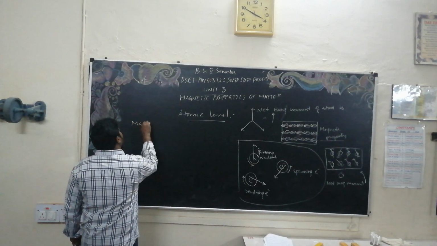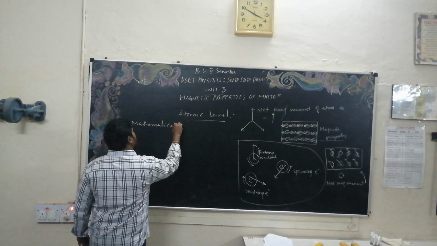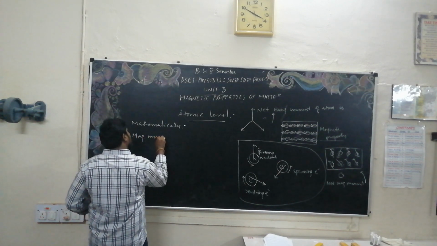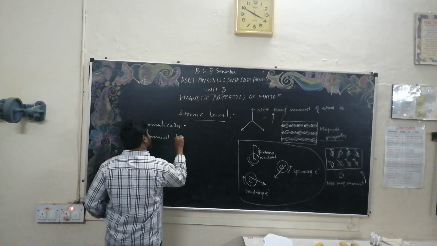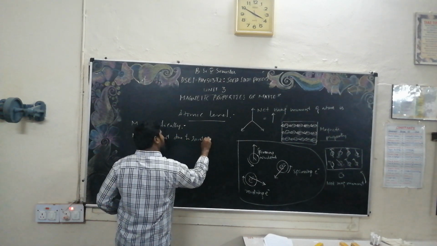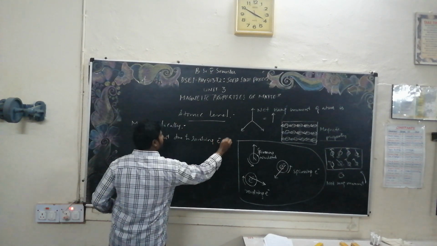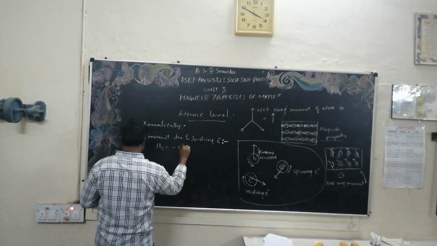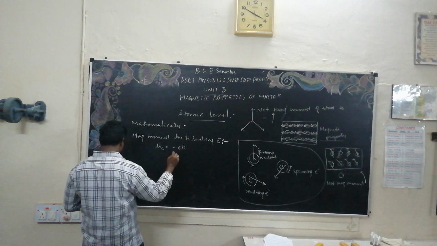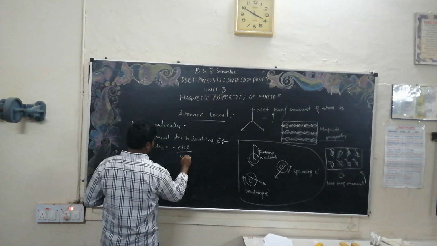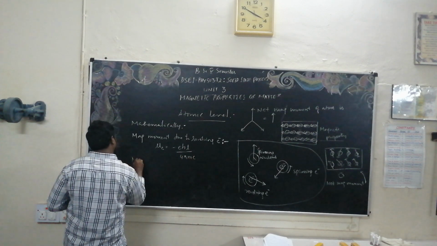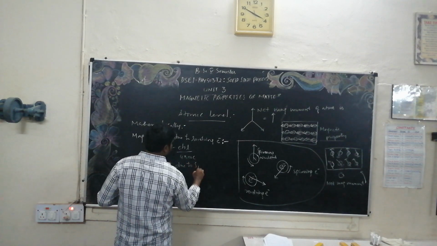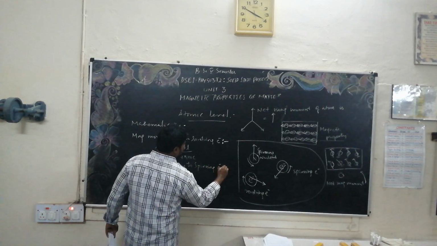So, mathematically, the magnetic moment due to the revolving electron is given by minus e, and next the magnetic moment due to the spinning electron,